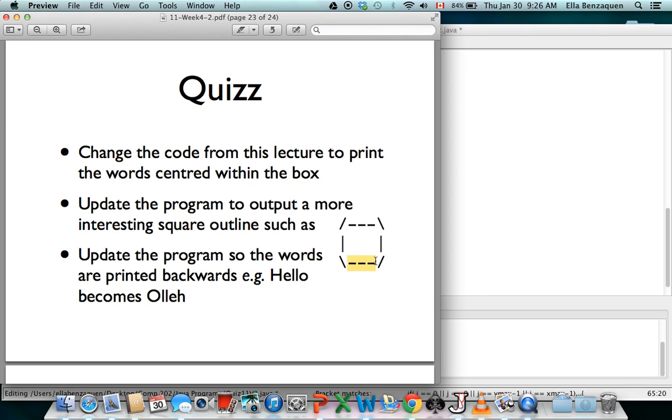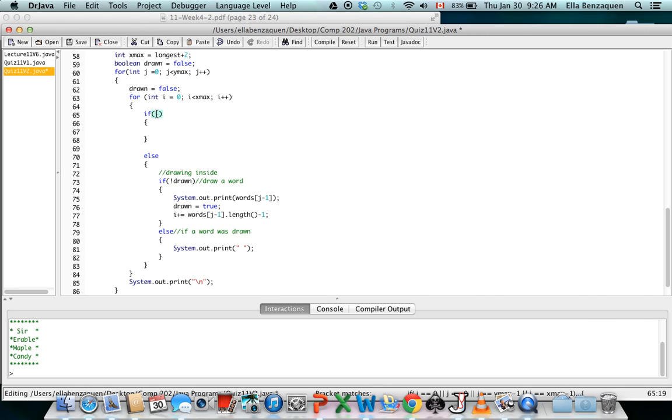So these little lines are actually printed where y is equal to 0, so j is equal to 0, and where j is equal to y max minus 1. However, you do realize that it's excluding where x is equal to 0, so i is not equal to 0, and it's excluding where x is maxed, so where i is equal to x max minus 1. So we need to make a statement where y is equal to 0 or y is equal to max, excluding x equal to 0 and x equal to max. And that can just be simply written